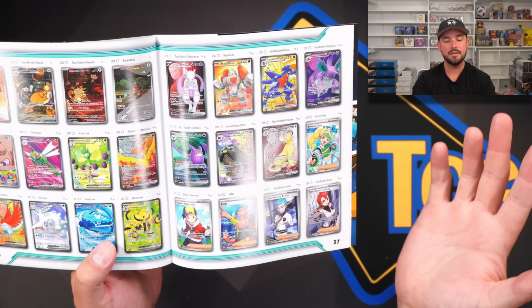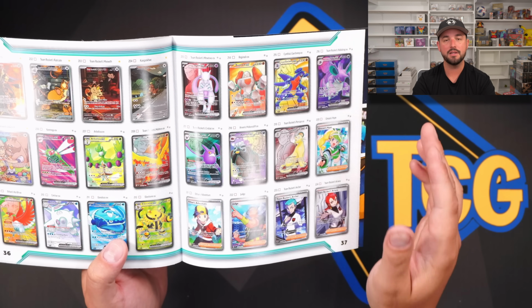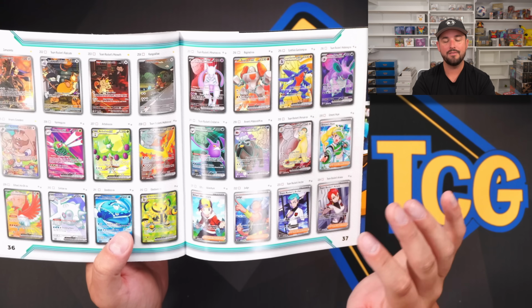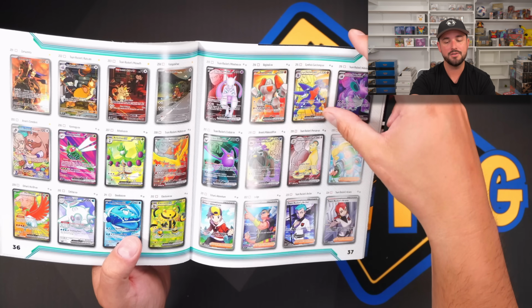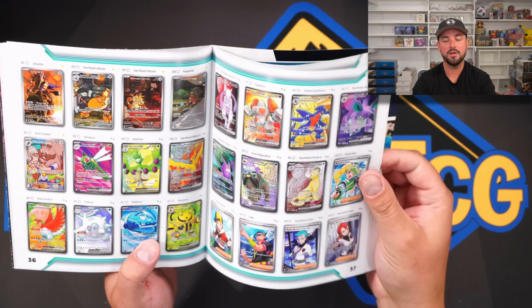Got a good, this is what I like. So there's 1, 2, 3, 4, 5. Maybe there's another trainer. But in the last few sets, there's only been 3 trainers. So the trainers have had very minimal value. They've been almost worth less than some of the base EXs because they're almost in every single booster box. So this is why I like the set being a little bit bigger, that some of the cards are going